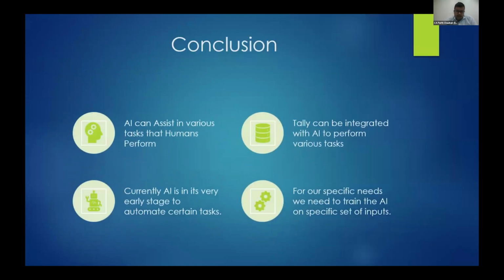In conclusion, AI can assist in performing various human tasks. Tally can be integrated with AI to perform the tasks we usually do. We can give it a document, and it can read the document and pass your entry. If you have already entered the entry, it can also check it. At the current stage no, but eventually, with integration, this is possible. And in the end it can even help you with audits. Currently AI is at a very early stage, as I said, and you cannot do this automation with it yet. For our specific needs, we need to train AI on specific inputs. You are a CA, you have a very huge